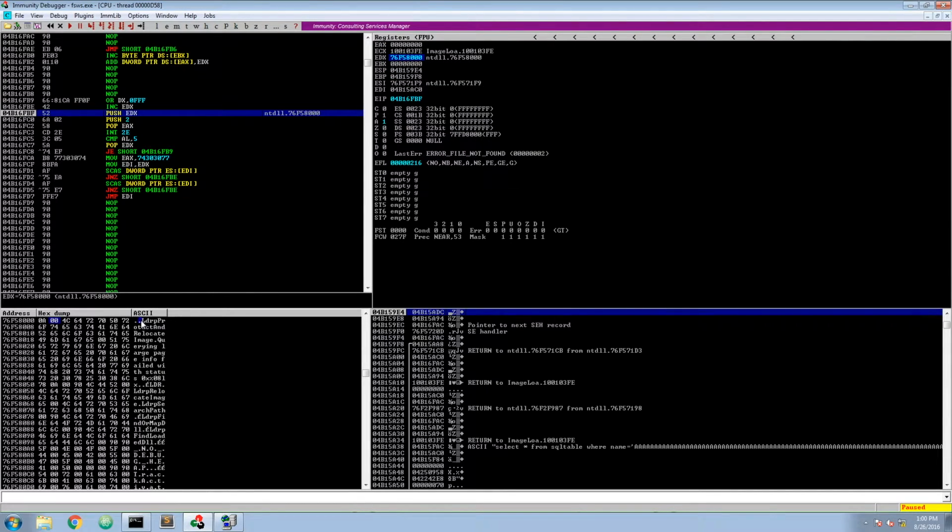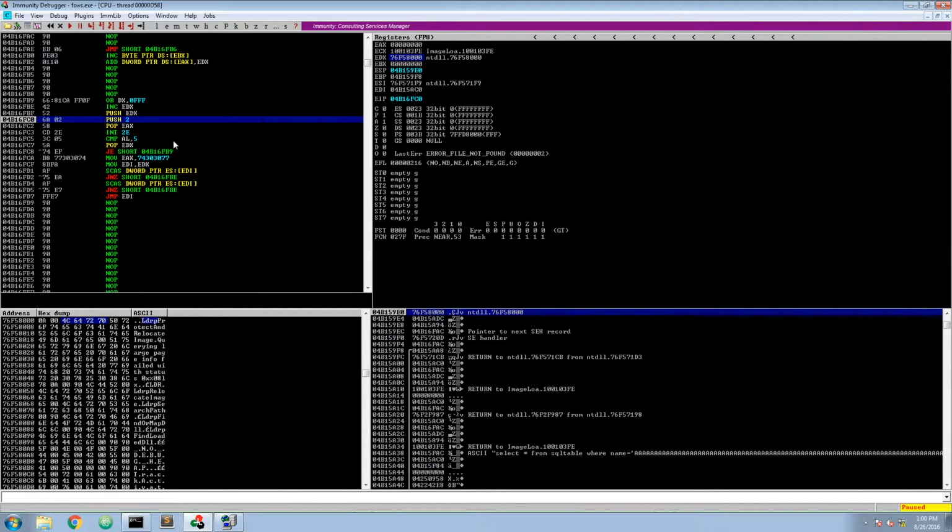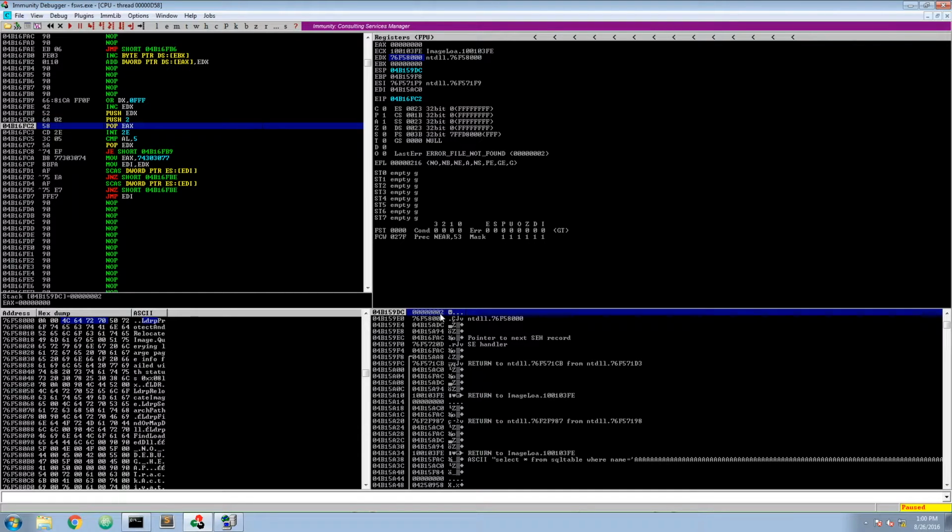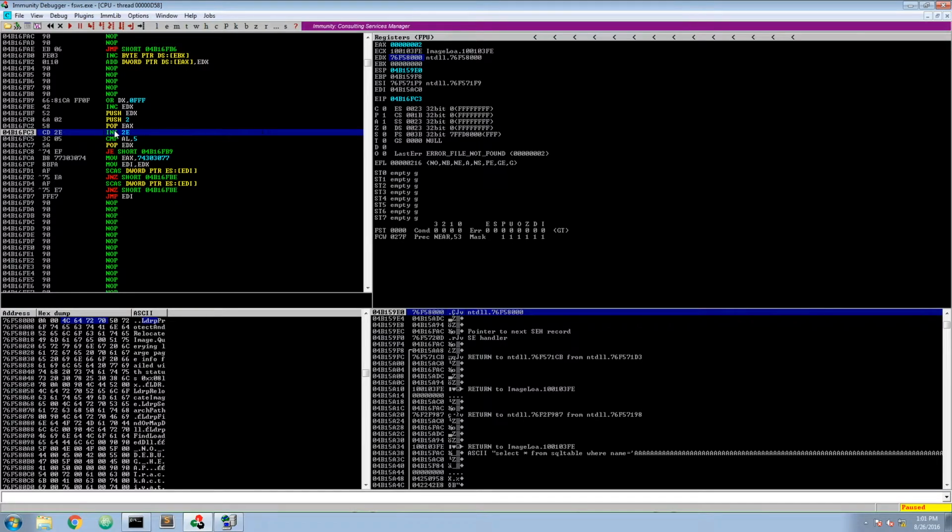So we will go through each character, and we will check if this address is accessible for us, and then we will check if whatever is here is what we defined as an egg, so our WOOT. But let's do this step by step now. So we push EDX onto the stack. Now we push 2 onto the stack and we pop 2 into EAX. And now with int 2e, we would perform our system call.